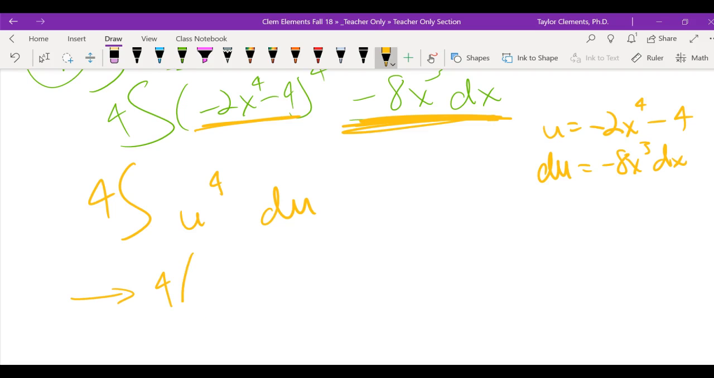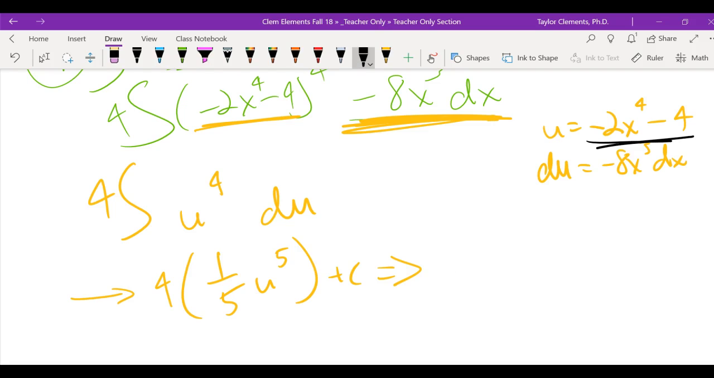So the answer is 4 times 1/5 u to the fifth, and that's it. Oh, plus c. Okay, so let's go ahead and put my u back in there now. That's this right here. So this becomes 4